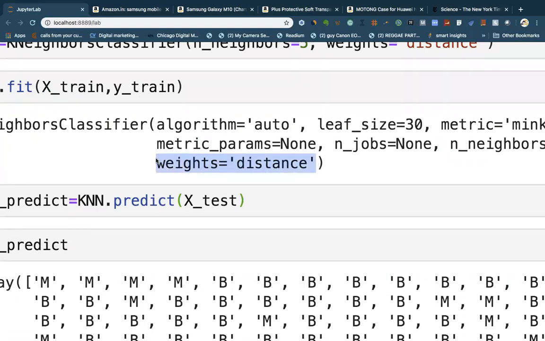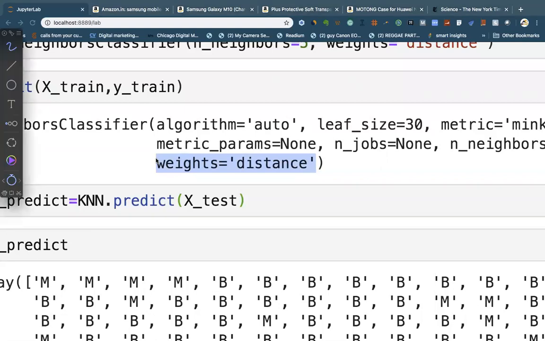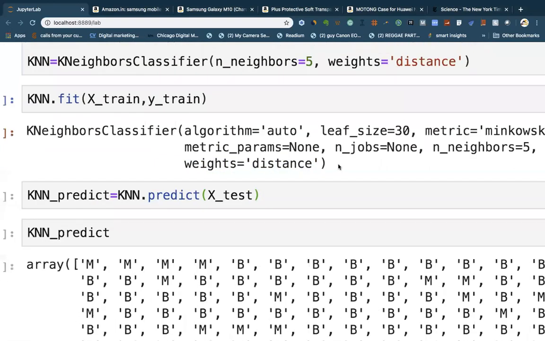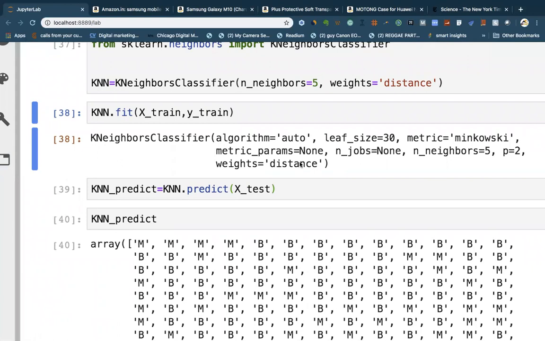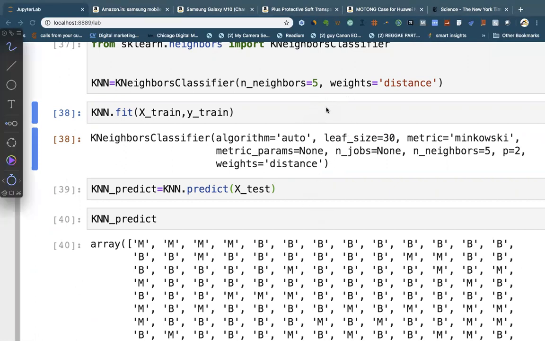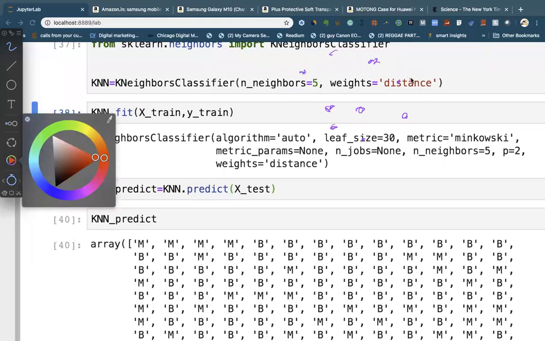Okay, so let me bring the pen and then show you something. So can I change distance here, meaning mentioning the other distance? Yeah, there are several parameters that you can actually tune over here. So let me show you the various parameters. If you use distance here, then it's saying that if I have data points like this and that and that, something like this, and then maybe some other points like this,